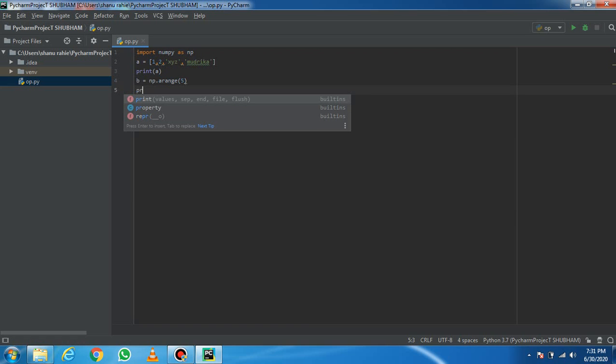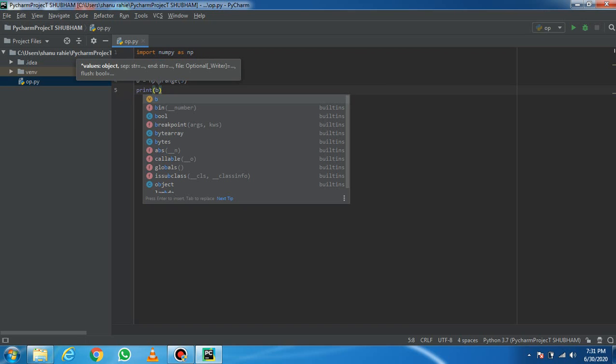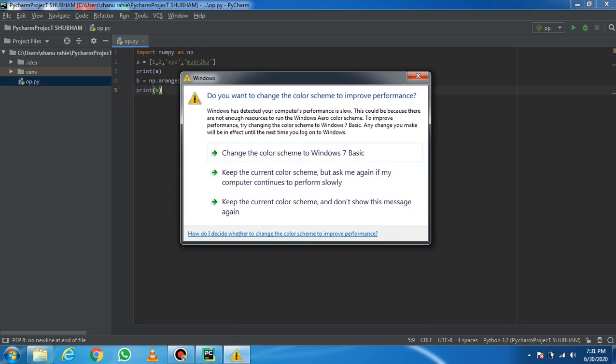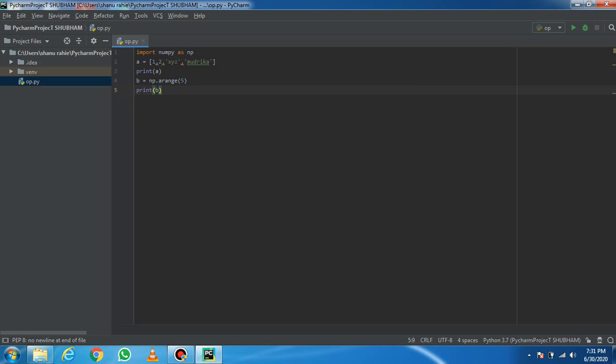Now I'm going to print b. Clear? Okay, so b. Now I'm going to run this program. After the programming is done, I will give you all the 3 basic differences between list and NumPy array.